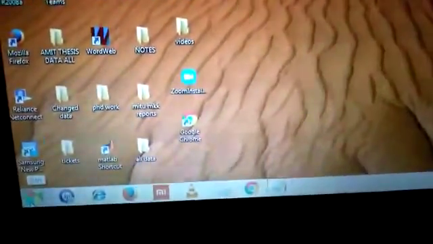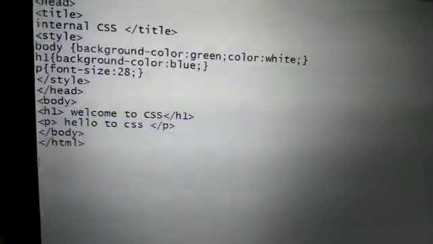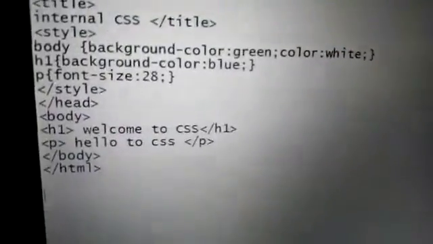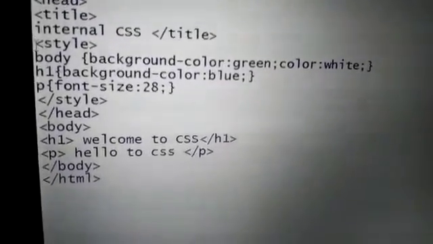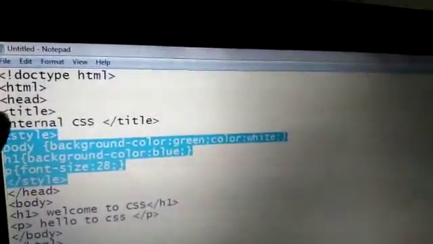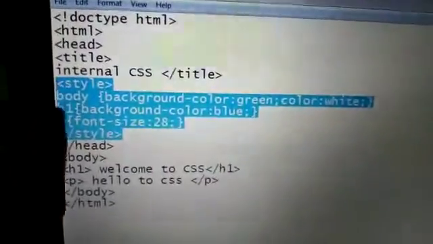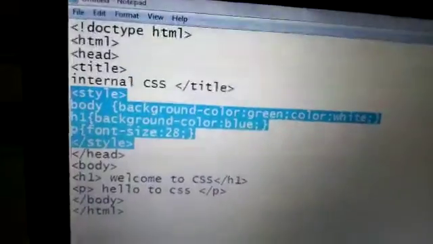Next we will learn how to use the internal cascading style sheet. Again we open Notepad and write the code for the internal cascading style sheet. In internal cascading style sheet, we will write the code within the head tag.